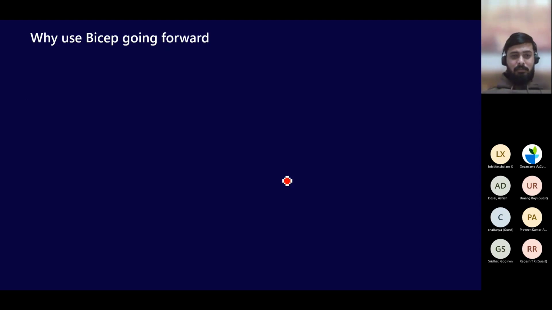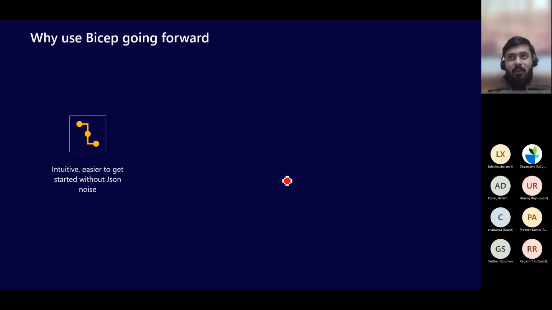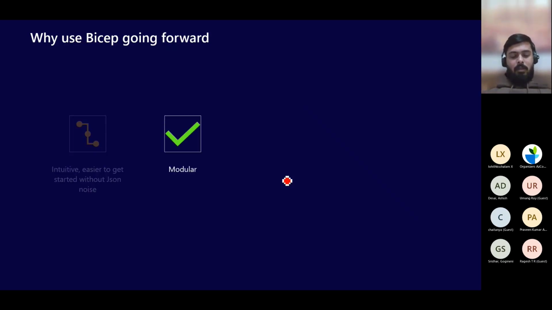We have a lot of extra components that are not needed when we are doing a deployment. So it is easy, and we do not need all that noise in our code when we are doing that deployment. It is quite modular, so you can create multiple modules based on your different scopes. You can create different scripts and integrate them together so that at any point of time, let's say you're facing a challenge with your storage account, or with any specific component,